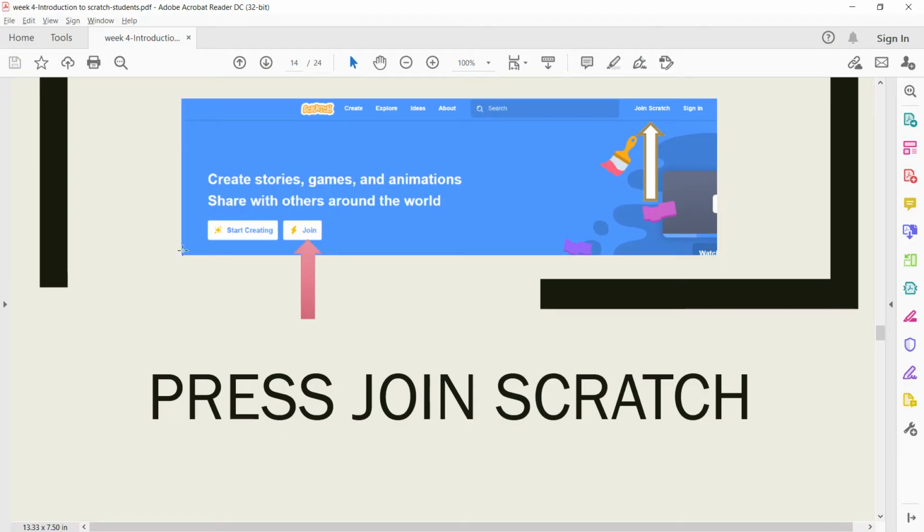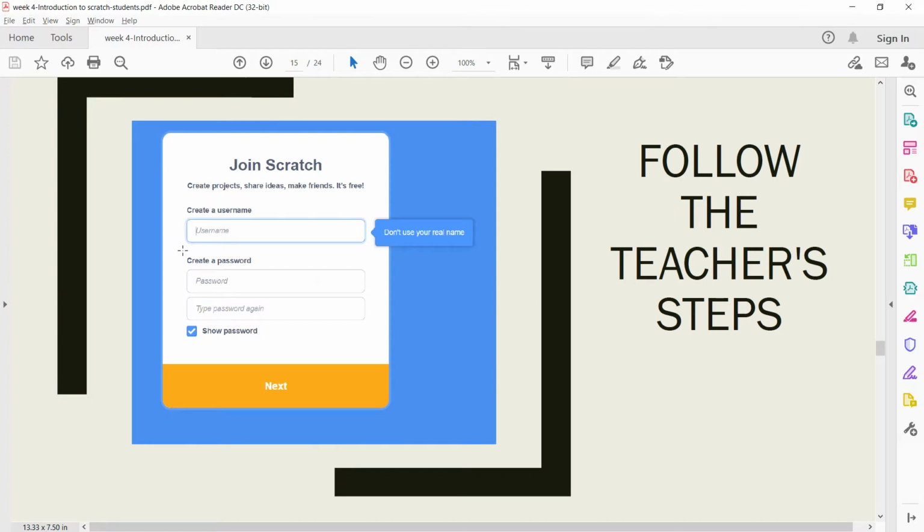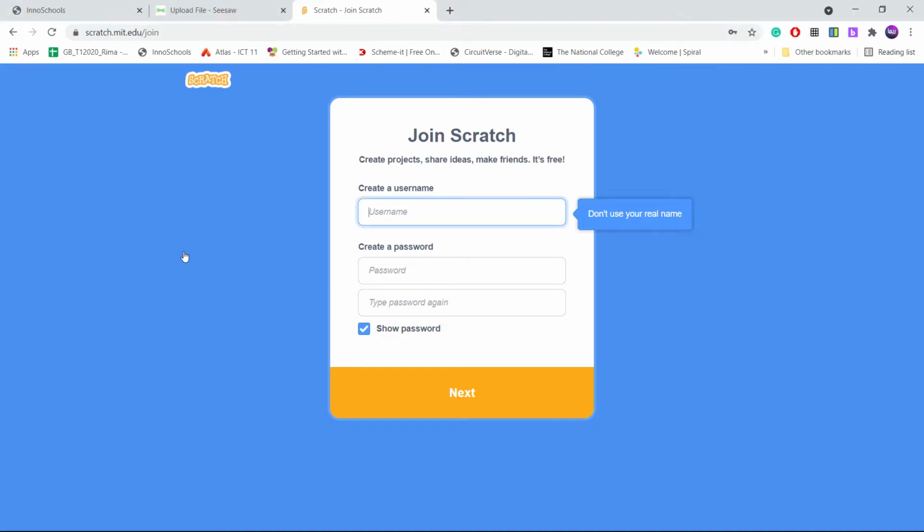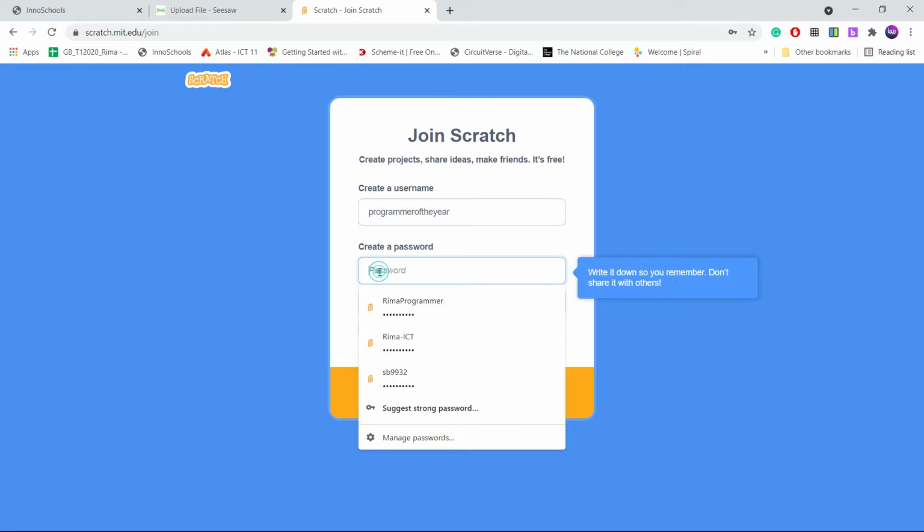Here we have to follow what I am doing. So you have to create a username and don't use your real name. So you can invent any name that you like. For example, programmer of the year. I selected this username and I select a strong password